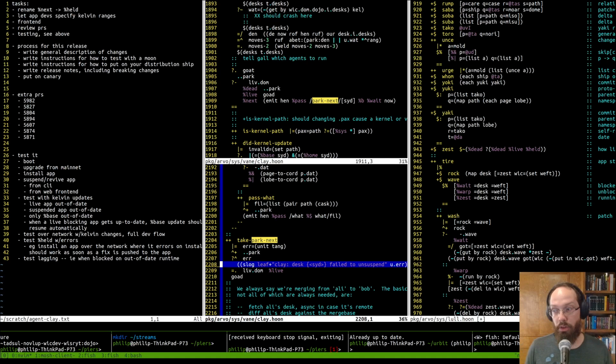It's also the behavior you want when a Kelvin upgrade goes through, because if you have a Kelvin upgrade and some app is not ready for it yet, it's not yet compatible with the new version, you want to be able to suspend that app such that as soon as that app does become compatible, it starts automatically. So held will do that as well. You force it into this held mode. Now it's suspended. The Kelvin upgrade goes through, and then eventually the update comes in. Everything gets started going again. Great. Okay. So that's what held is,